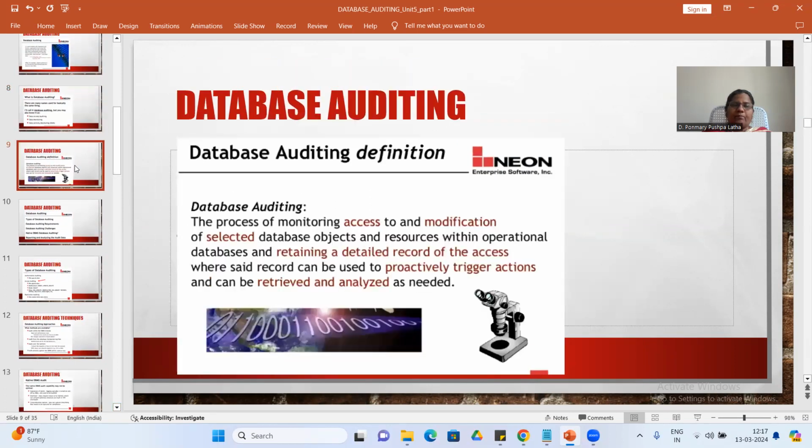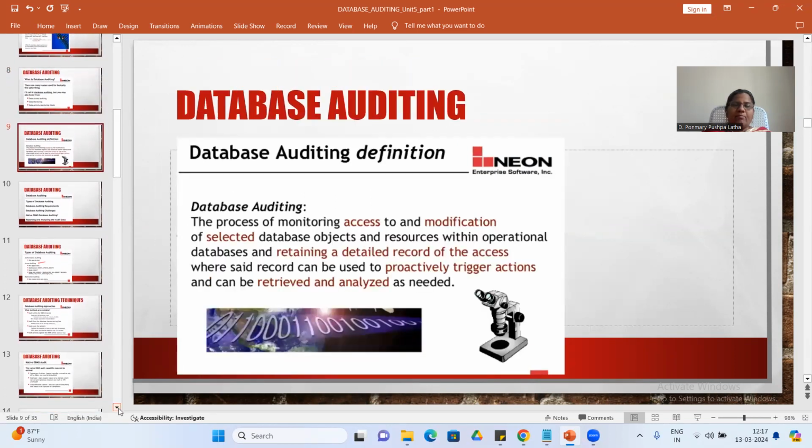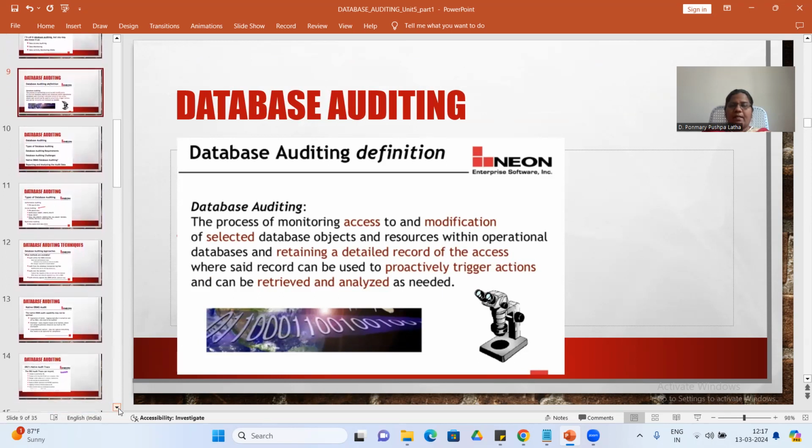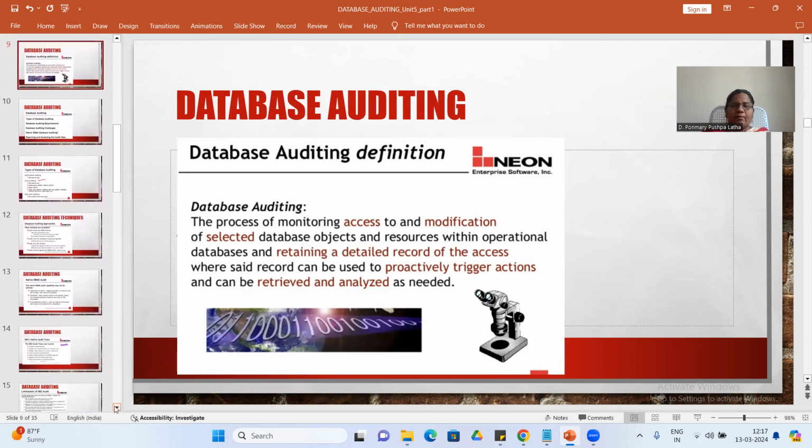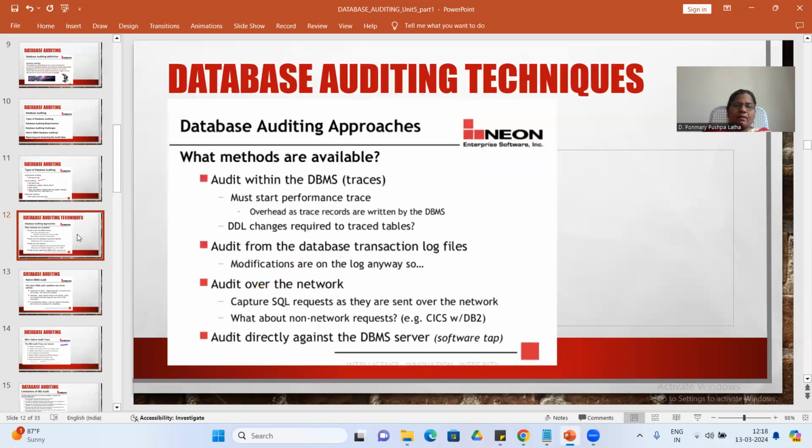This is the definition of database auditing. Basically, for the stored data, which one you are going to audit, who is going to audit, where and how you are going to audit, you are going to retrieve and analyze the data.